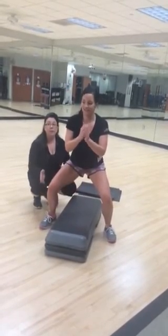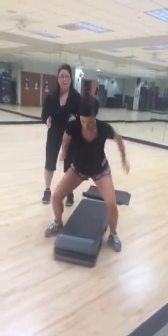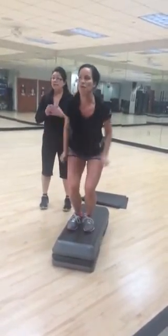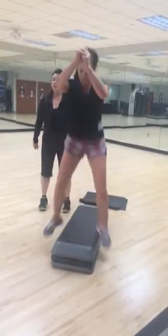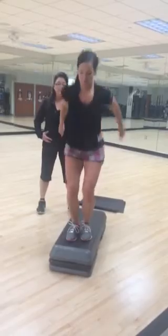And now Angela's going to jump with a soft landing up on top of her bench and then hop down and soft landing. Now remember, she's going to land nice and soft, bracing those abs, using the arms and driving them for movement and for momentum here. She's going to use her core